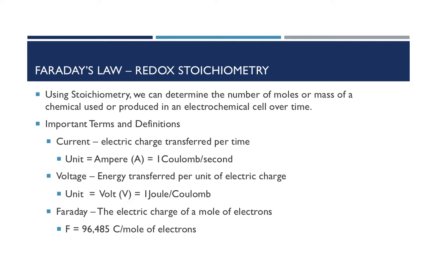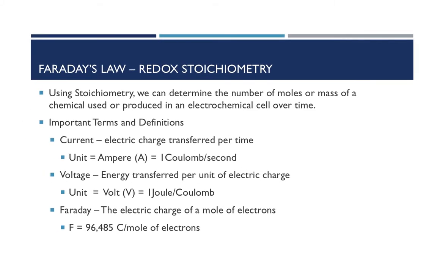stoichiometry. So using stoichiometry, we can determine the number of moles or mass of a chemical used or produced in an electrochemical cell over time. Okay, so some important terms and definitions that are going to be important to us in using Faraday's law. One is the current. The current is the electric charge transferred per time. So in other words, how much electricity is transferring through a wire or through a solution in an amount of time. The unit that we use for that is the ampere, which is equal to 1 coulomb of charge per